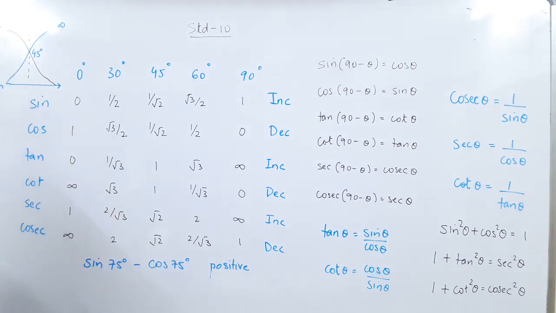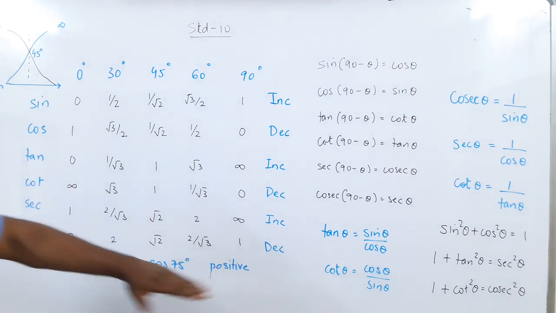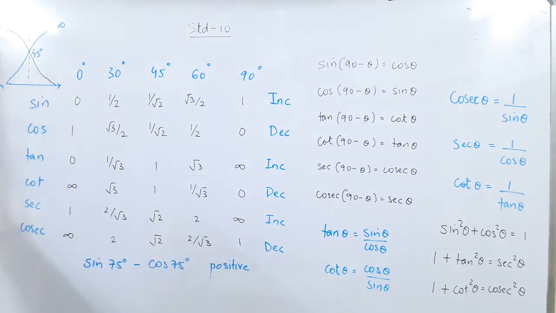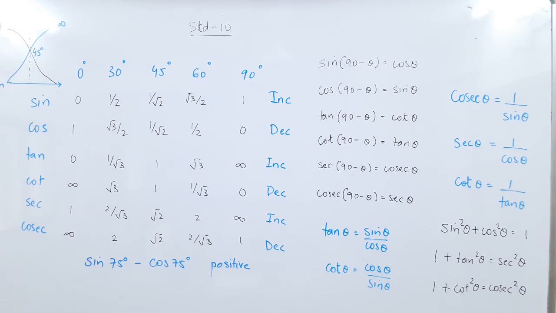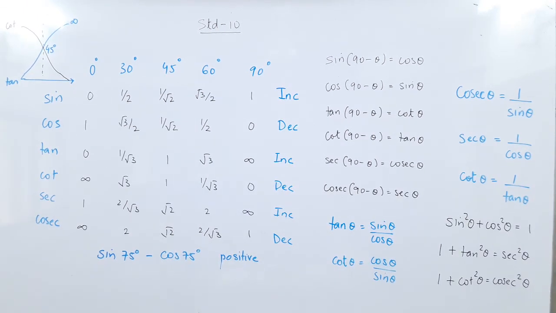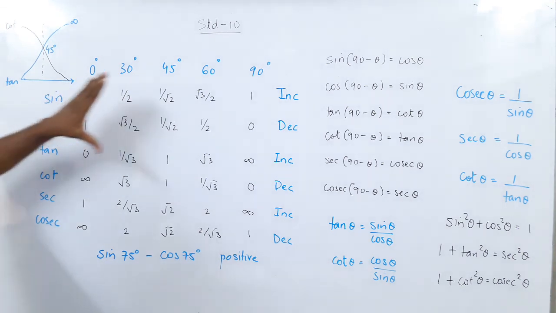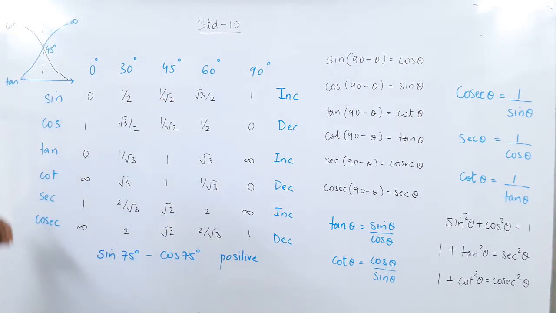Cot here is infinity. What you can see, less than 45, cot is bigger, tan is smaller. So cot minus tan will be a positive value. But after 45 degrees, tan is bigger and cot is smaller. So cot minus tan will give you a negative value. So these are very logical types of sums, not given in any book, but you will have to understand by your very logic. So I hope this is clear to you. So this table when you learn, you will apply your logic also. So in MCQs this type of logic can be asked.